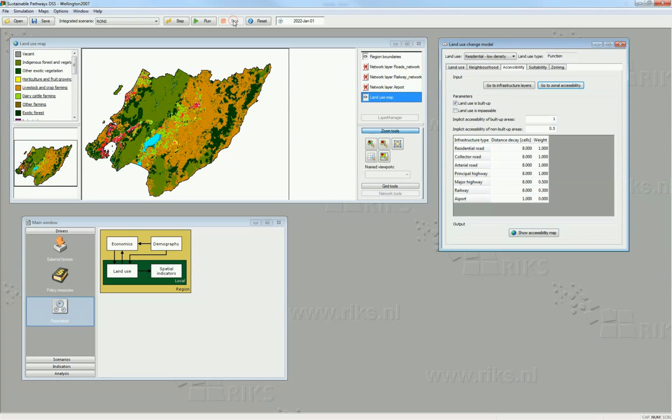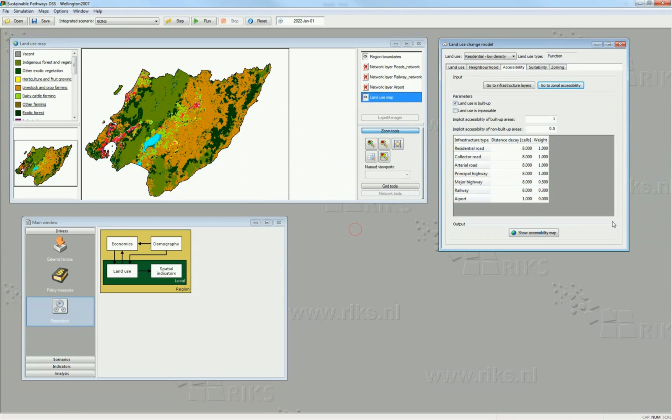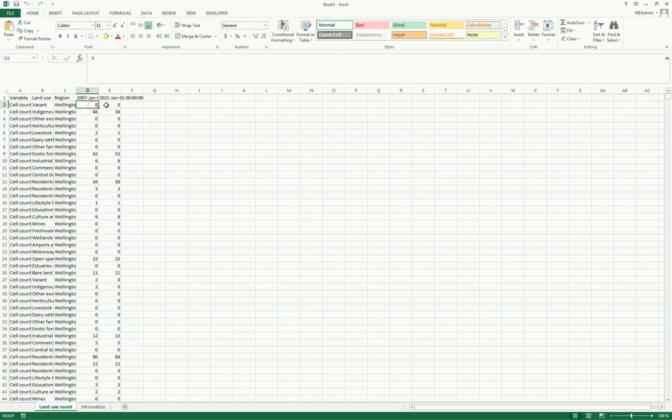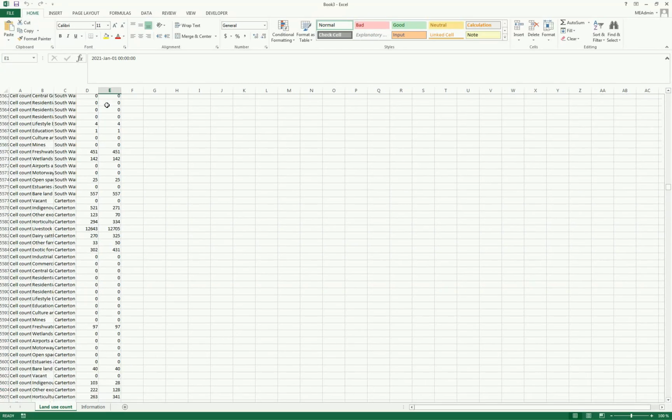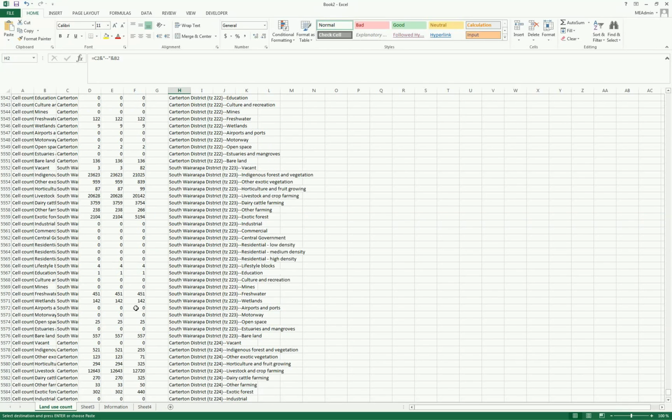And then stop it once it gets to 221. Go back to Excel, and we can open the Excel workbook. That's fine. And we can see here that we have land use counts for 2021. And if we go to one I've prepared earlier,